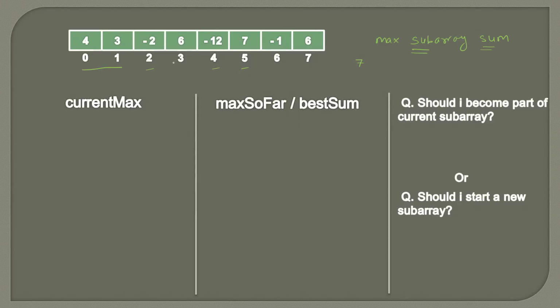So here we saw that one of the subarrays has a sum of 7. Now there can be multiple subarrays. So we need to find the maximum sum of any particular subarray, and we simply want to return that sum. So here you can see if we take this subarray 4, 3, minus 2 and 6, we will get 4 plus 3 minus 2 plus 6. So it will give us 11. So this is one such sum.